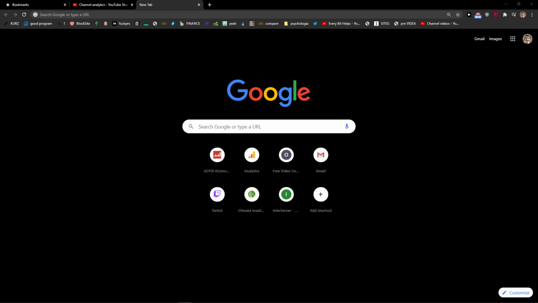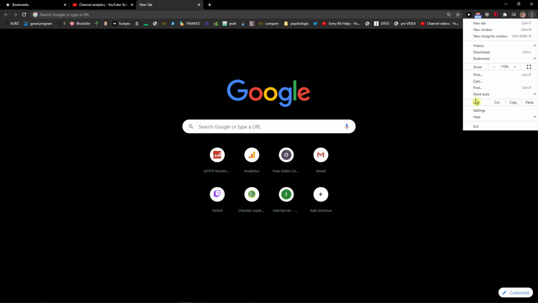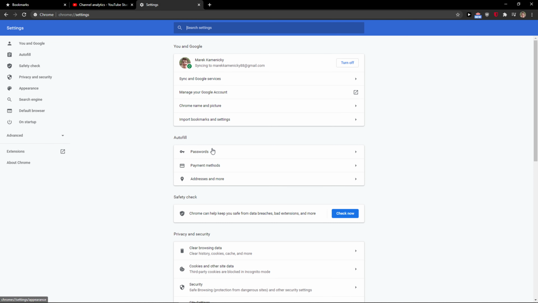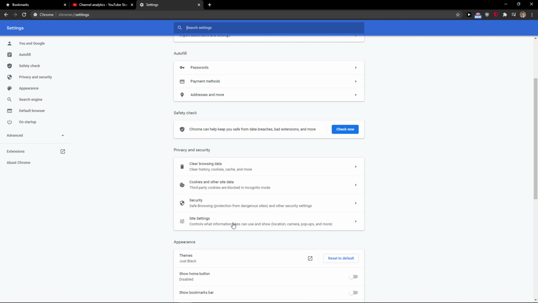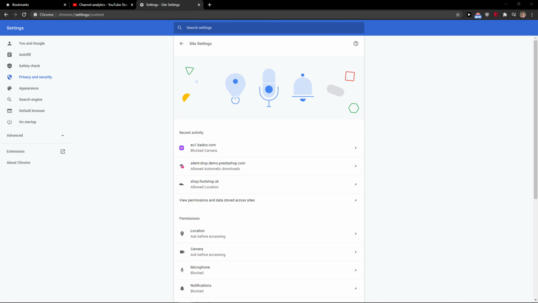You just want to simply go to the right top corner on the three dots and click settings. When you're here, you want to scroll down below and click on site settings, right? And when you got it, now you want to do